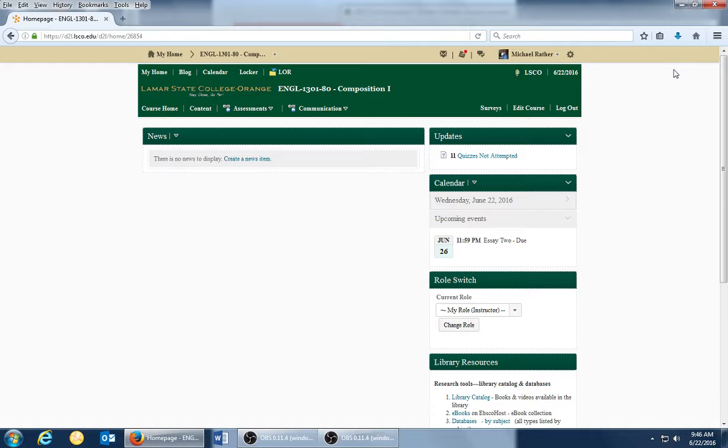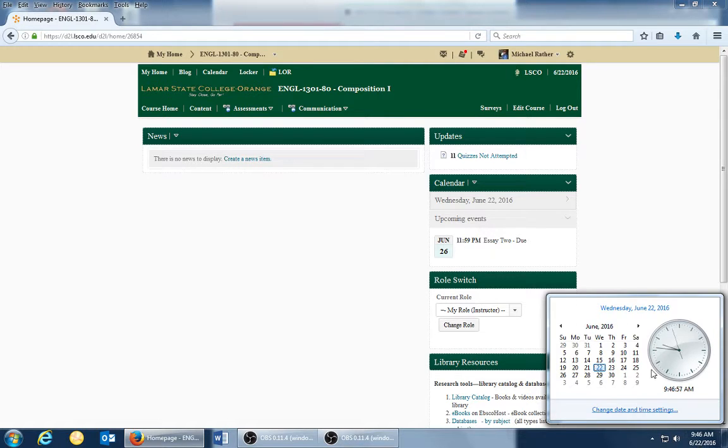This is a summer session course, so this is for summer session 2. However, many of the ideas may apply also to a regular semester course. One of the biggest differences between this and a regular semester course is, of course, our schedule is much more complex. As you can see by the little calendar down here in the corner on my PC, our class will begin on the 11th and will most likely end